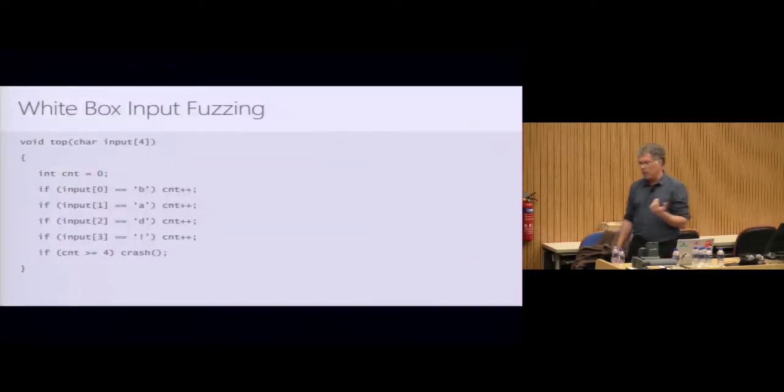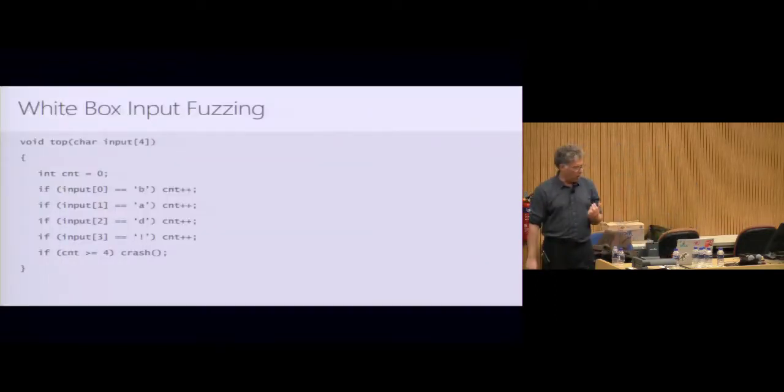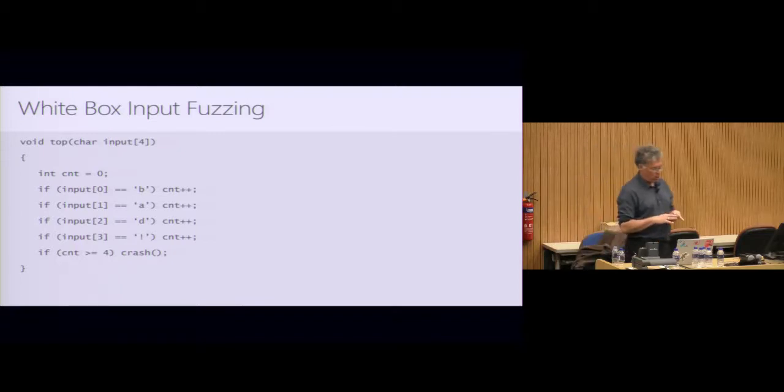So the idea of input fuzzing goes back a long way. Black box fuzzing just says throw binary streams at your parser and see what breaks. There was a paper out of Wisconsin, my alma mater, with Brian Sill and Bart Miller, in the early 90s, that just did this with Unix utilities. About every 5 years somebody repeats that experiment, and there are still bugs in the Unix utilities if you just throw random byte streams at them. But you can do better than that.